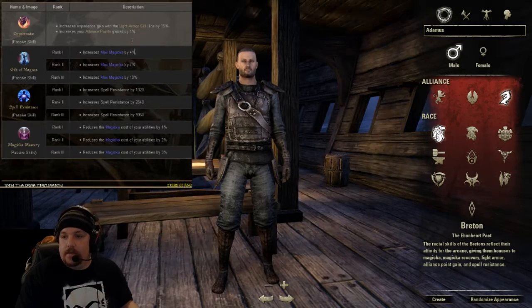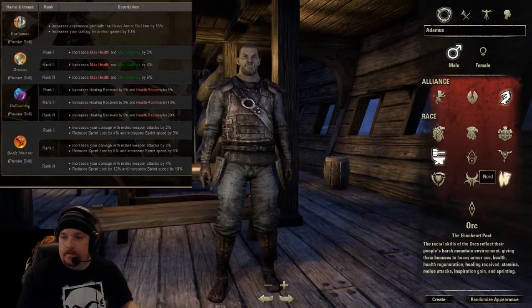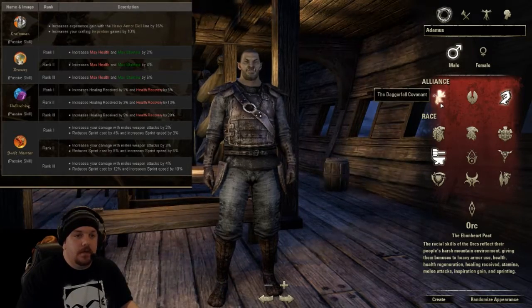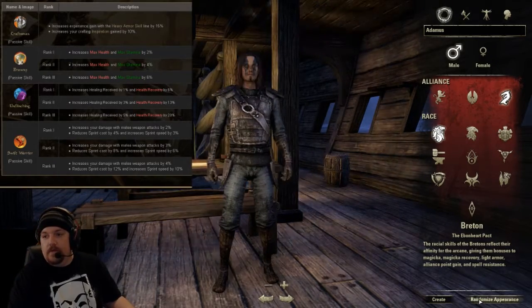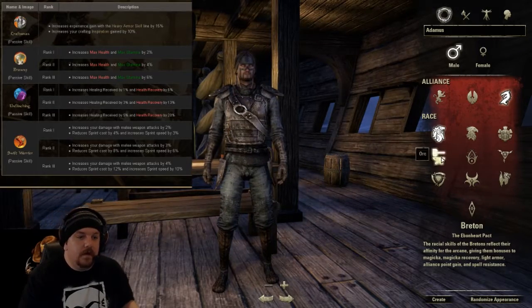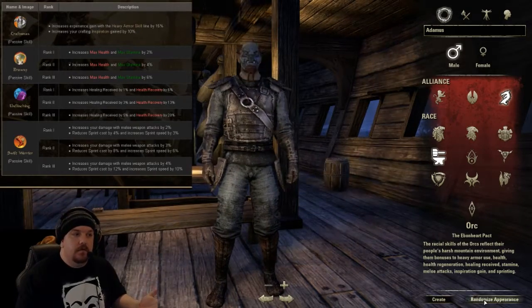We're gonna come back to this. Come back to this guy. Orc. Orc's a good race. Actually, you know what? We're gonna go back here. I'm gonna go ahead and let you look at trying to swap out this, just different combinations here. Back to that. With orcs, you have